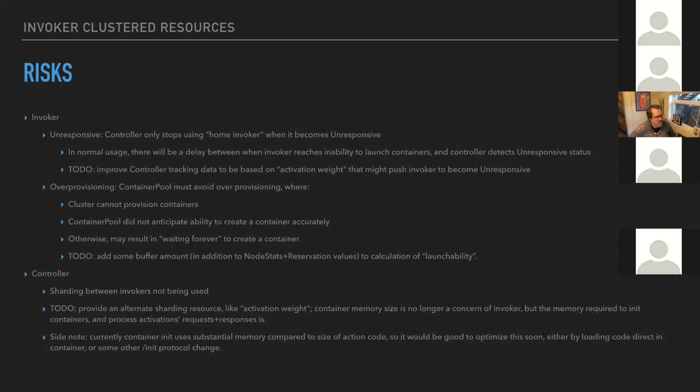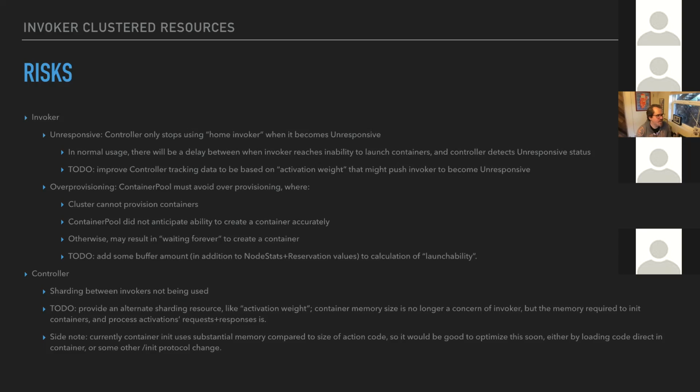And what this means is that there's other forces at work that will make the invoker usable or not, and really not directly related to the size of the action, but they're more related to the size of the activation, meaning the request size and the response size, and the effects of initting an action container on the invoker heap.